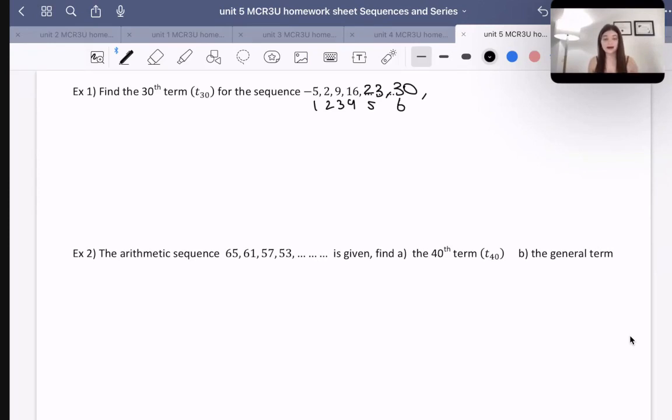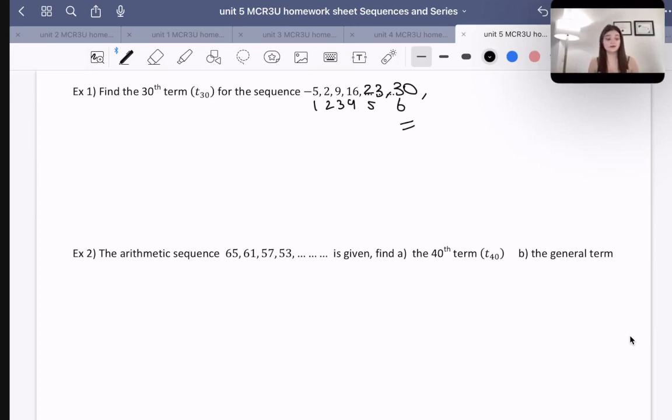However, what if we're asked for the 500th term, for example? Are we really going to do this adding thing 500 times? Probably not. That's probably going to take forever. And even the 30 terms, I'm not going to go through past 6 because it's just going to take too long to do that. So I'm going to show you guys a different method for how we can quickly and